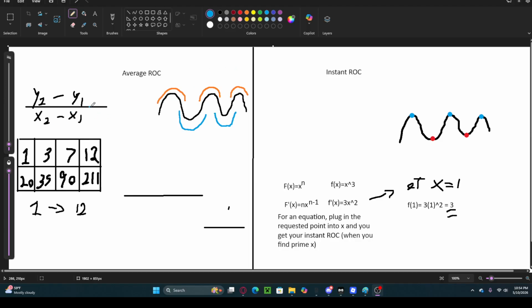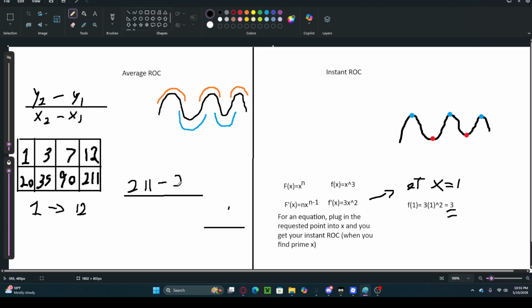Going into the actual equation, this one's also very easy. It's y2 minus y1 over x2 minus x1. That means that if I had the points (1, 20) and (12, 211), and I said, what's the average rate of change between these two? I would literally just go in, put 20. Please ignore how bad this looks, but just follow my process. 20 minus, wait, no, my bad. Flip that. 211